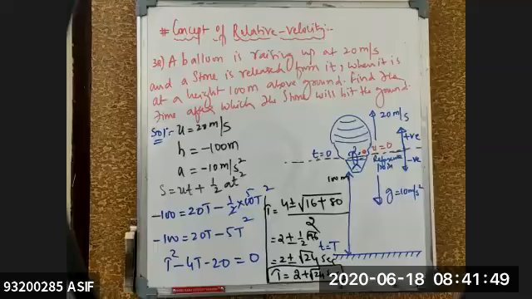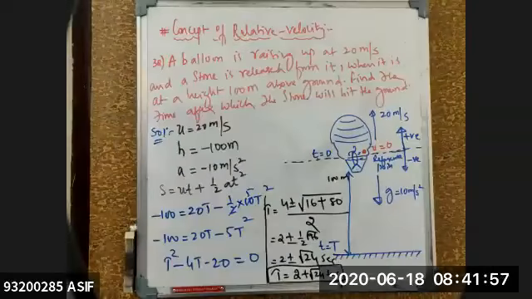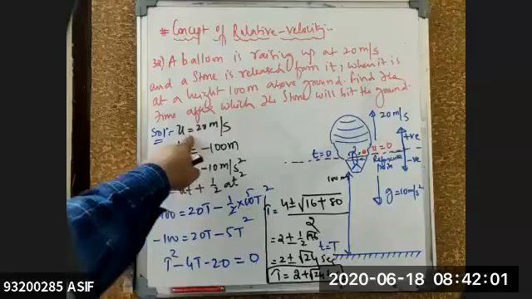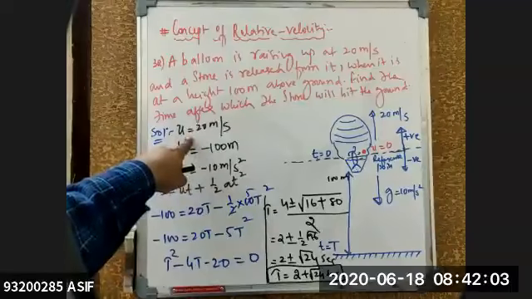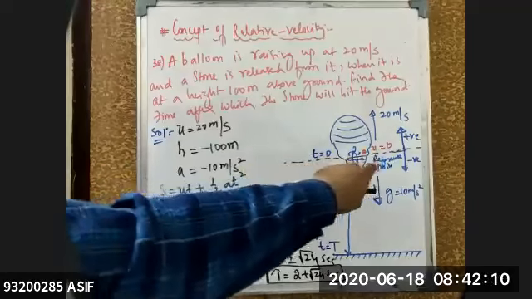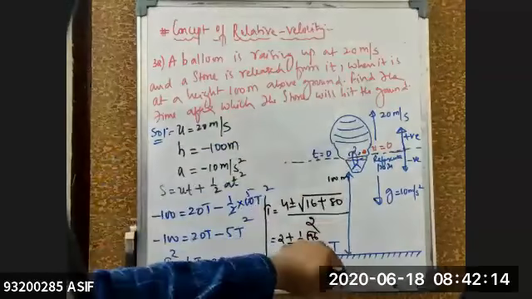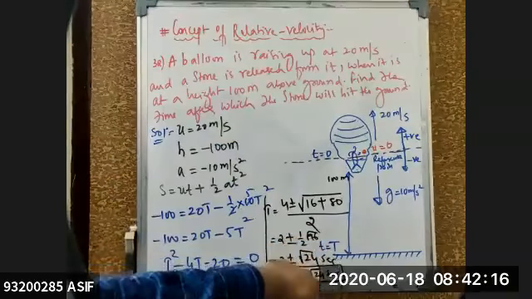Sir, the balloon is rising up now from the ground. Yes, beta, it is rising upward. So it should be positive, no, sir? It is rising upwards, I took positive only. Height also should be taken positive, no, sir? Why, beta? Because I am taking the reference, na? This dotted line is the reference. Everything above the reference is positive. Everything below the reference is negative. Okay, sir.